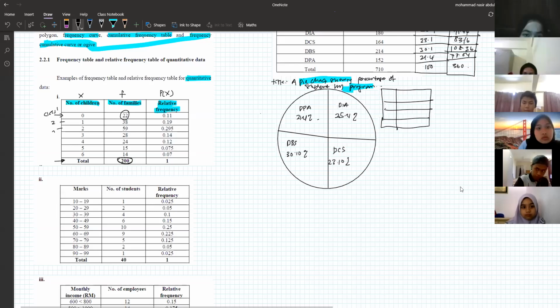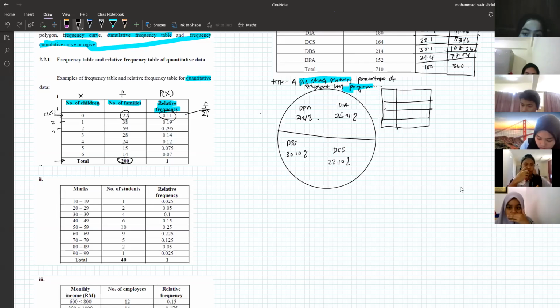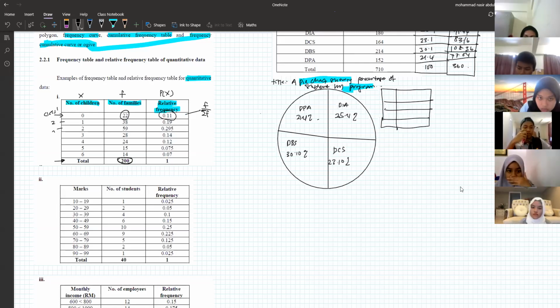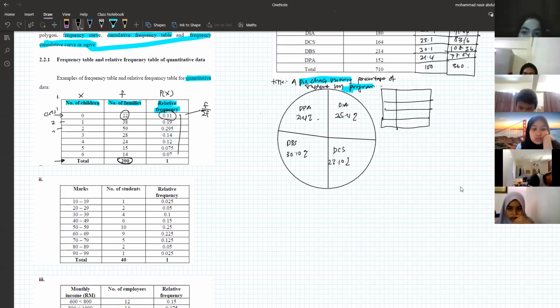And then we have relative frequency. The formula of relative frequency is the same: frequency divided by the summation of frequency. Means the frequency of each class divided by the total number of frequency, which is 200, you will get 0.11. And the total of relative frequency is always equal to 1, right? So this is one example using discrete quantitative data,